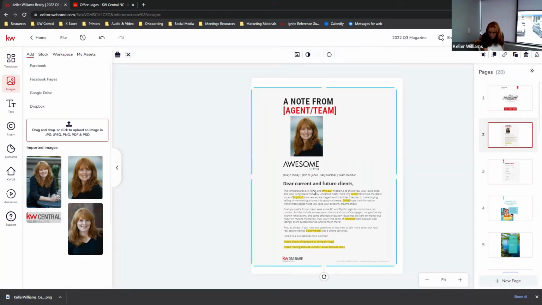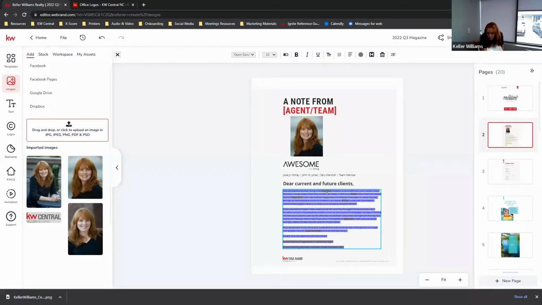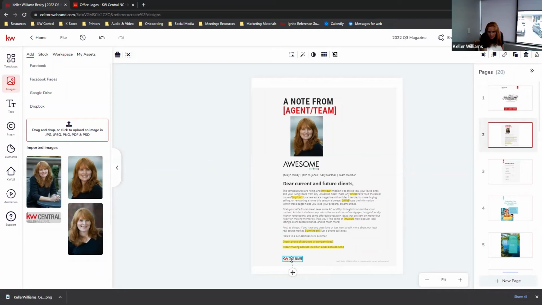Go for it. For some reason, the logo is not logoing. So see how it's like cut off here? Yeah. And then I try to slide it and...